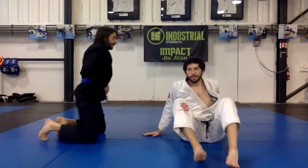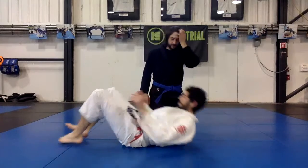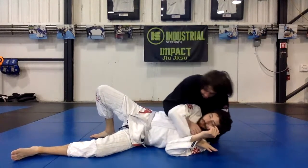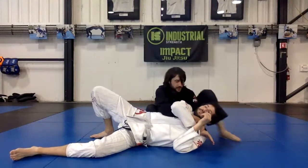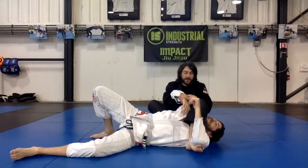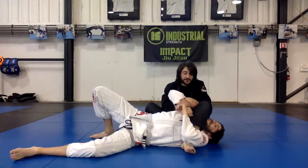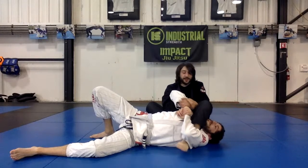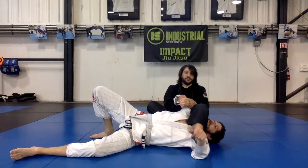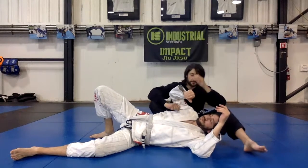So I'm going to show one little detail here. Once we get into the arm bar position, so I'm just going to kind of set this back up here. Here, we get to this position. Let's say if Ruben actually decides to grab his hands, keep those together, and I'm having a hard time separating that,